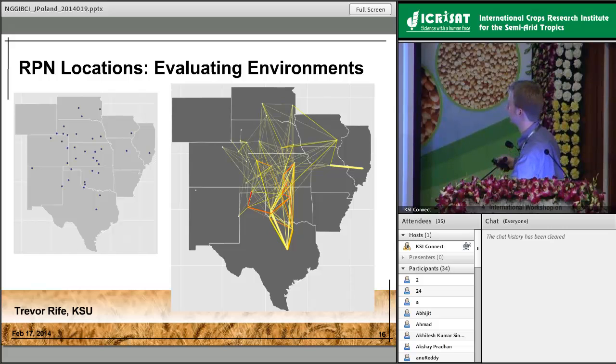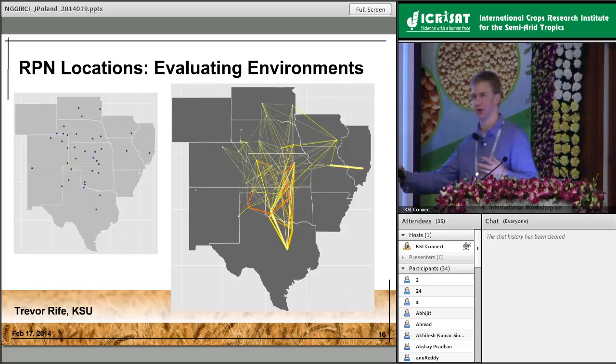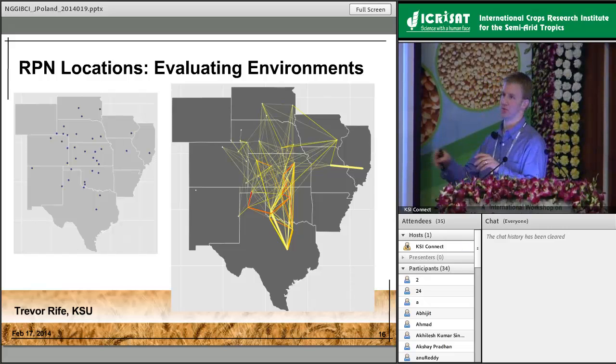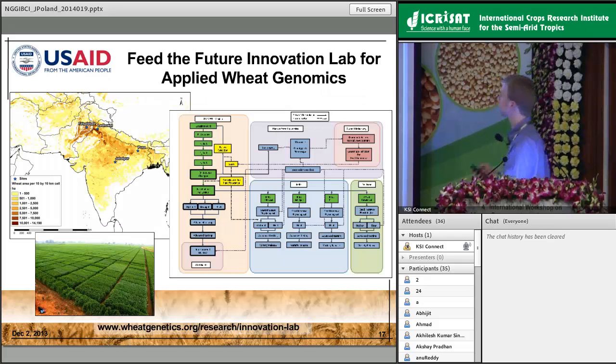And then when we get to these drier, more extreme condition environments, the correlation really goes down year to year and location to location. So this also can really start to inform how we do multi-location testing and dividing sets of entries across locations. And so just where we're at on applying the genomic selection and some of the projects we have going on,